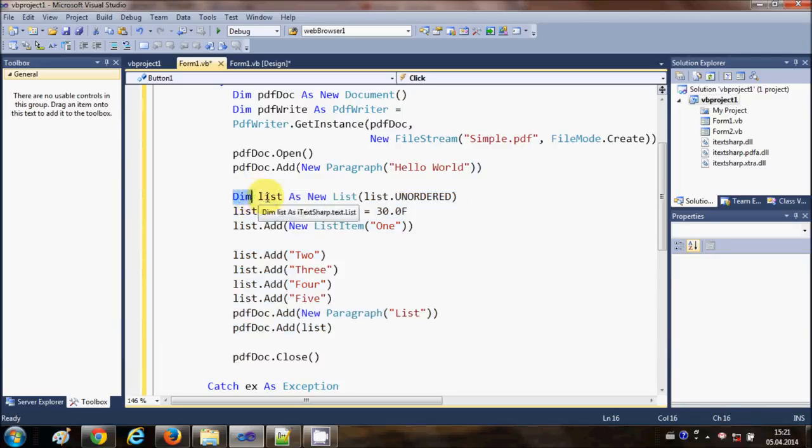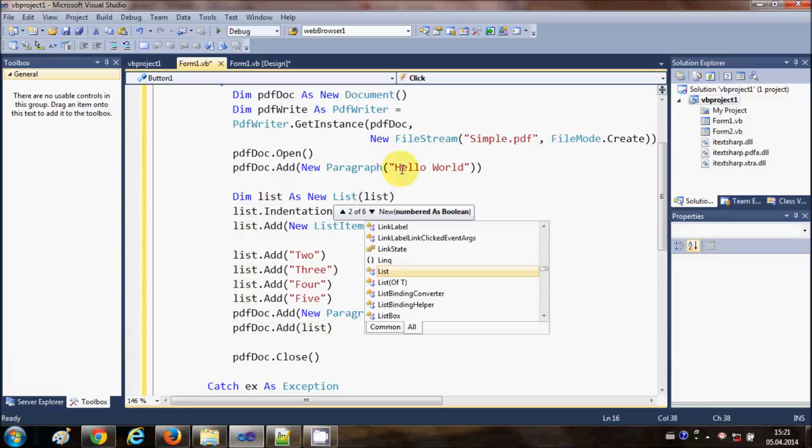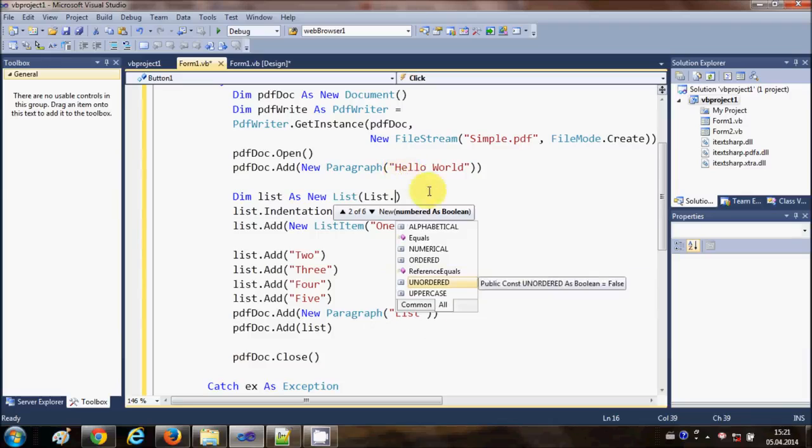In this code I have declared a variable called list as an object of the class List from your iTextSharp library. Okay, and then in the bracket I have passed the argument which kind of list this is. So I will say List.UNORDERED. This unordered can be changed with another type of list, for example alphabetical list, numerical, ordered, unordered, uppercase. These are all the options you can choose, but for now I'm choosing unordered list. Okay,